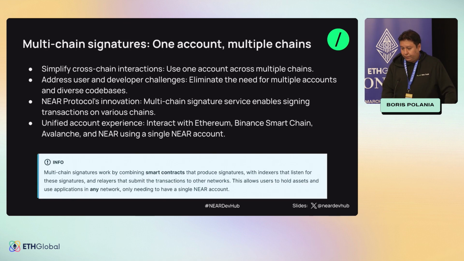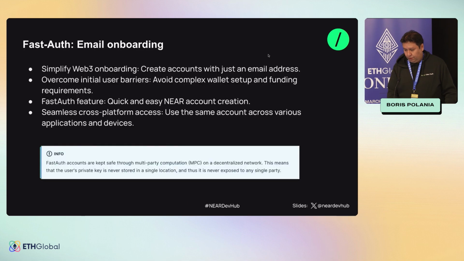So the signatures are one account, multiple chains. Basically, you sign the transaction. I will show that code too. There are like 5 steps. It's a meta transaction. At the end, what is happening is a meta transaction, and basically that's what will allow you to do that. You will be able to sign a transaction in another blockchain. You sign it from Near.